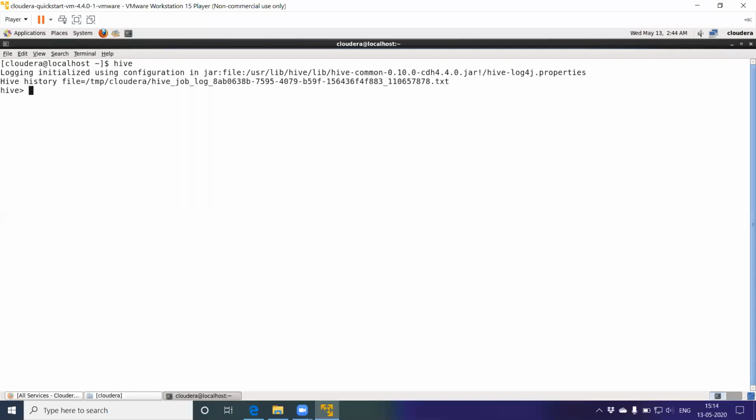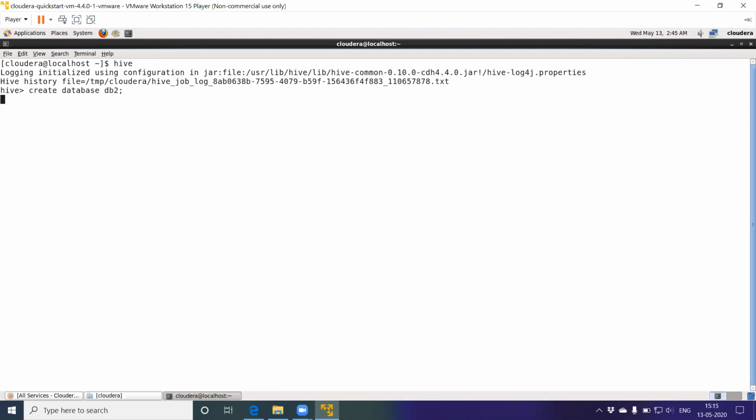Let's create our database with the command create database, database name, semicolon.